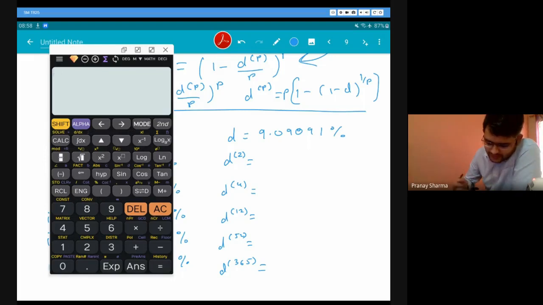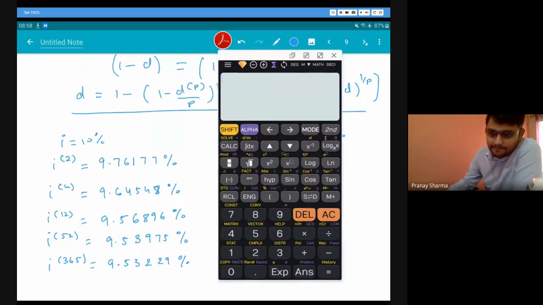So whenever I am using it, instead of using the same value again and again, I will just use A. I get the answer 6.5. Let me just check my equation. 365 into 1.1 raised to 1 divided by 365 minus 1. Now we are getting this. Just check your calculation.